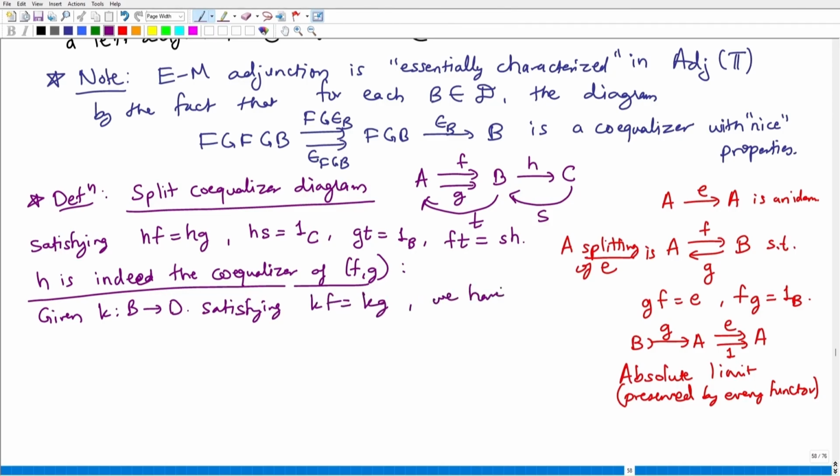Then what do we have? Well, we start with KSH, maybe I should write it in opposite order. KSH is KFT, since FT is SH, but KFT is KGT because KF is equal to KG, and KGT is equal to K. Okay, so therefore K factors through H,